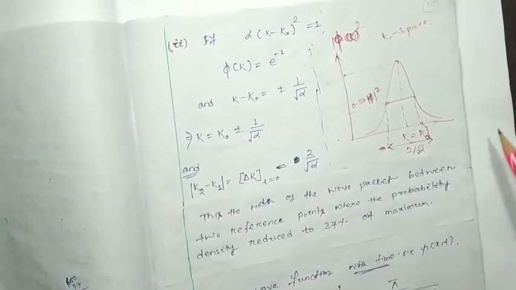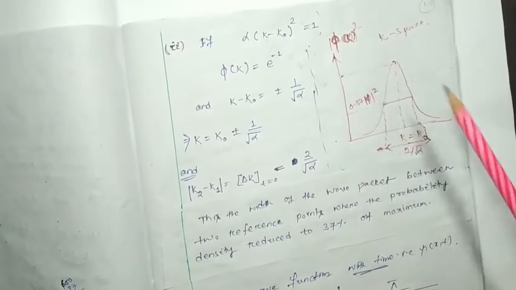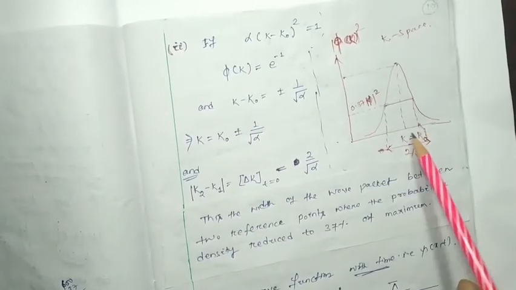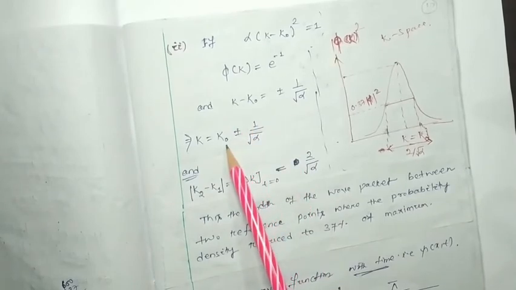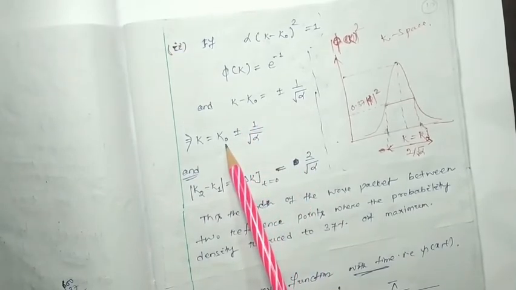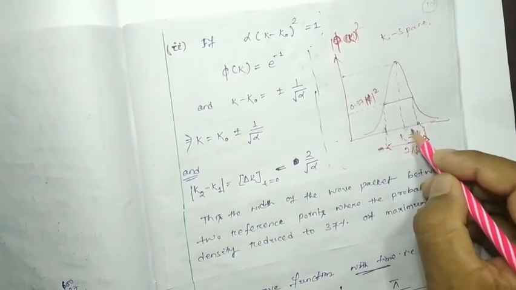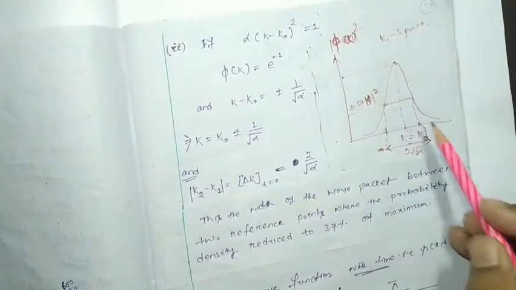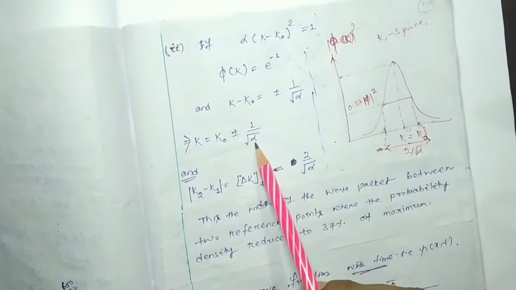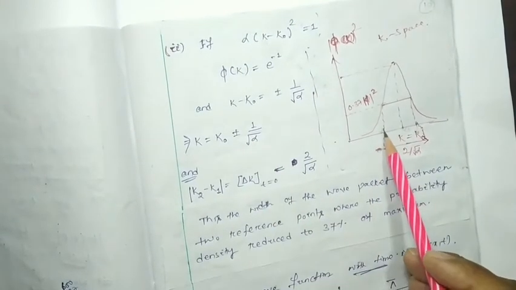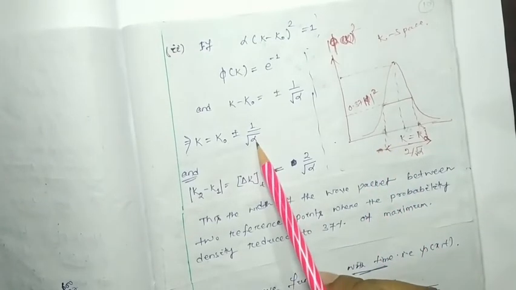So here we can also say that in the k space the reference points will be this one, and that value are how much? Suppose this middle will be k0, so this will be k0 plus 1 by root over alpha, this point will be k0 minus 1 by root over alpha, okay,